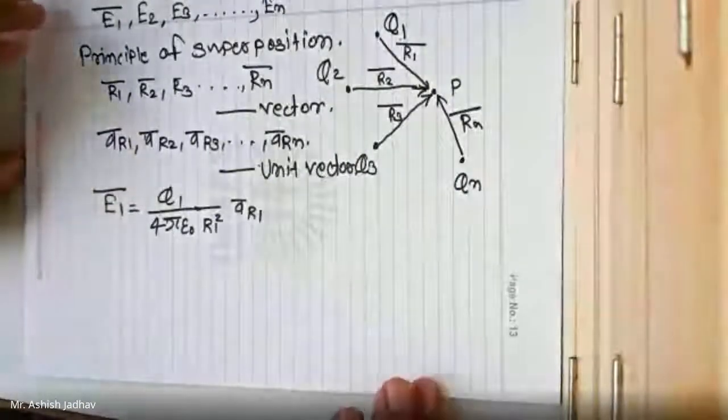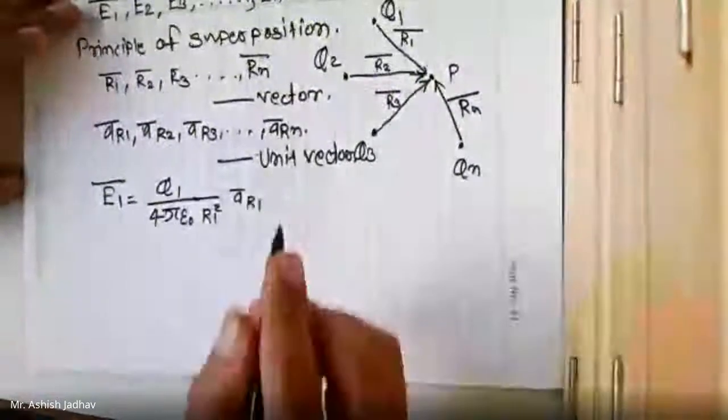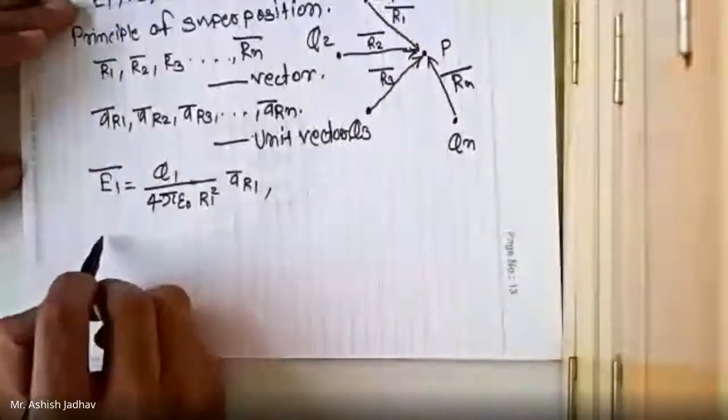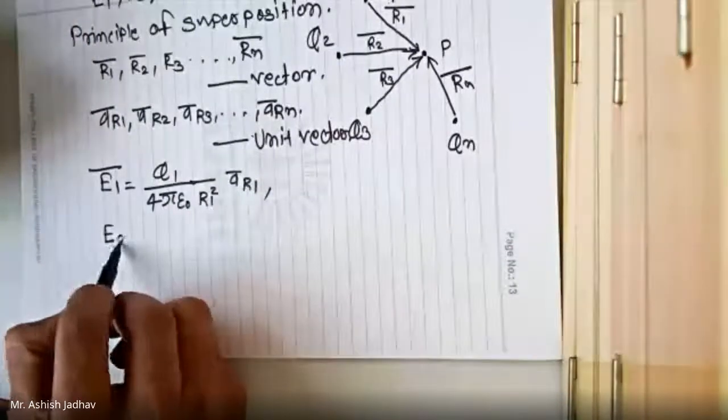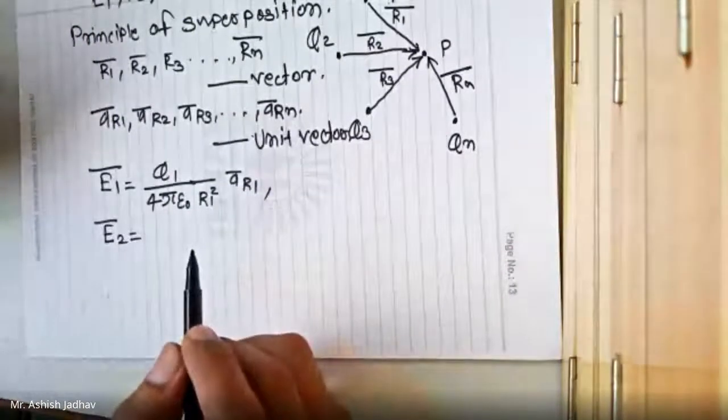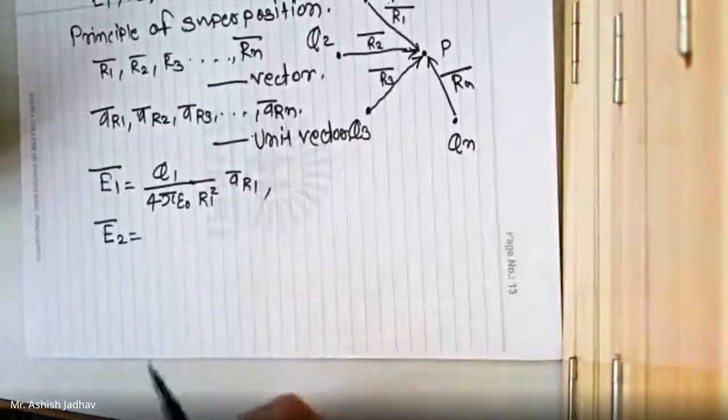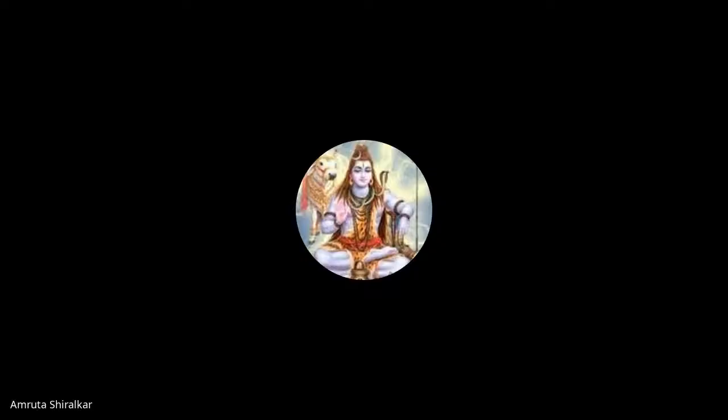Similarly, I can proceed to calculate the electric field intensity at point P because of charge Q2. So this electric field intensity at point P because of charge Q2 is equal